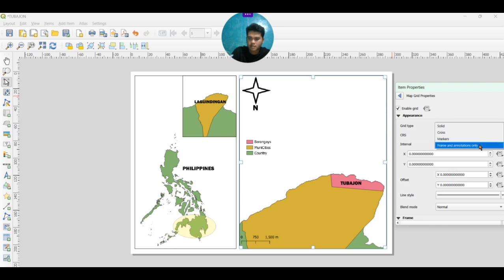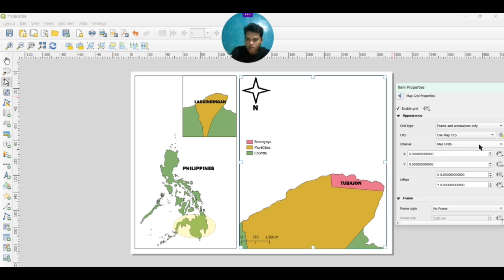So this is solid. So make it frame and intersection only. So click that one and then interval. So click for interval for map units and fit segments with.